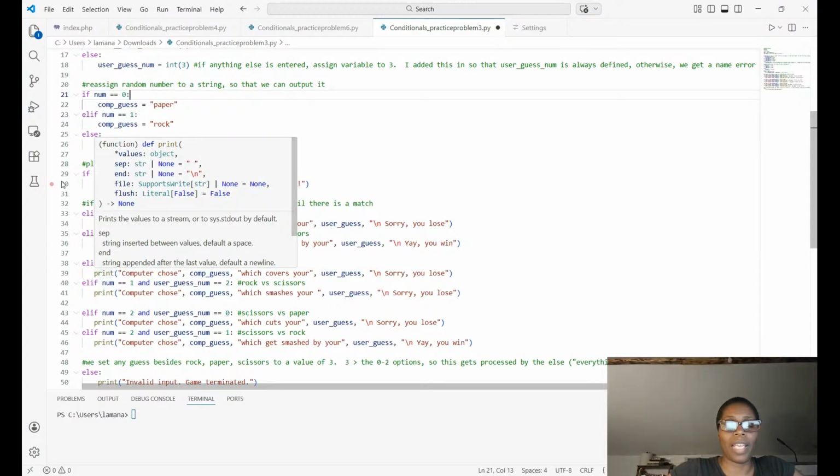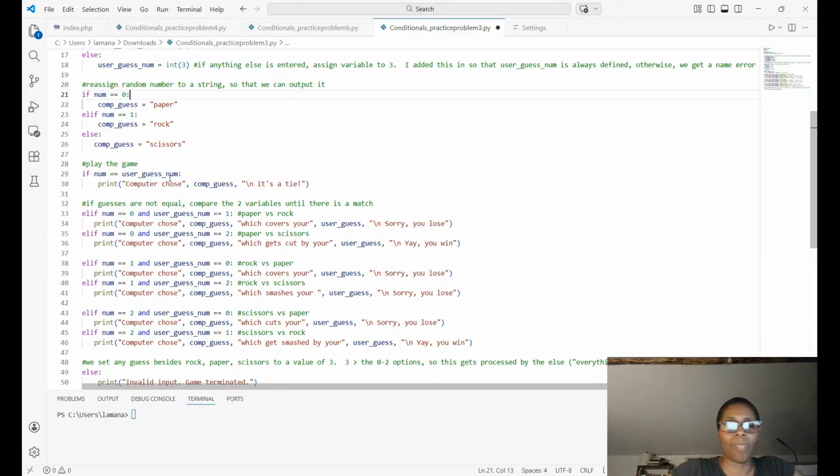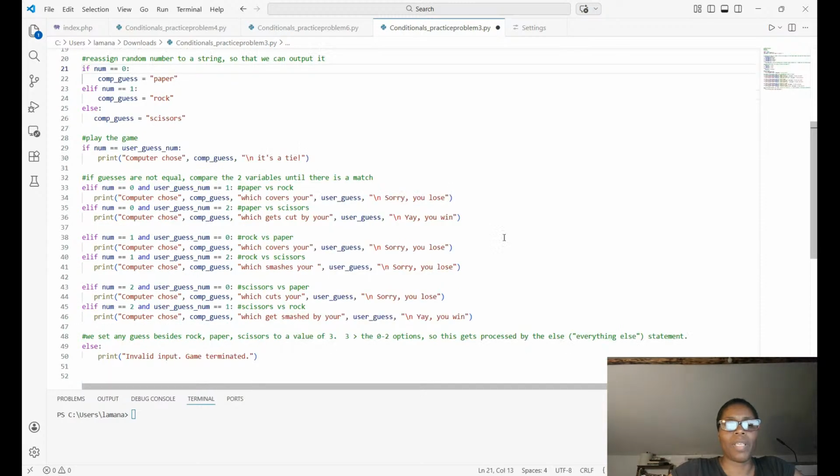If it's 1, that gets covered by them being the same. And then else if the computer generated number is 2, which is scissors, it could either be the same, which is covered here, or it could be 0 or 1. And so this goes through all the different variations and tells you, based on what the computer chose and what you chose,